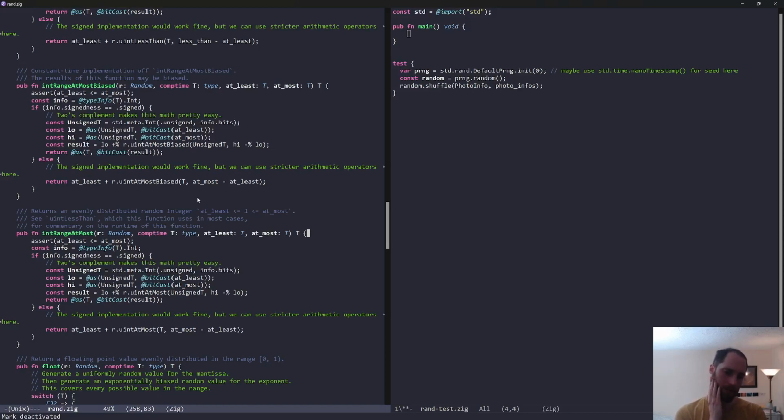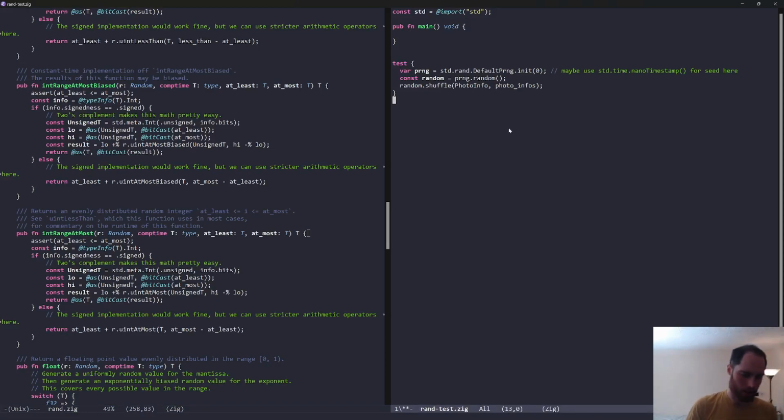Maybe this is slightly more general than what we need actually. We just need something from 0 to n, but maybe this is fine. Yeah, int range at most. So then, how are we going to do this? I want to say standard.random.intRangeAtMost, something which is r of type random, and then a type, so let's deal with U32s,